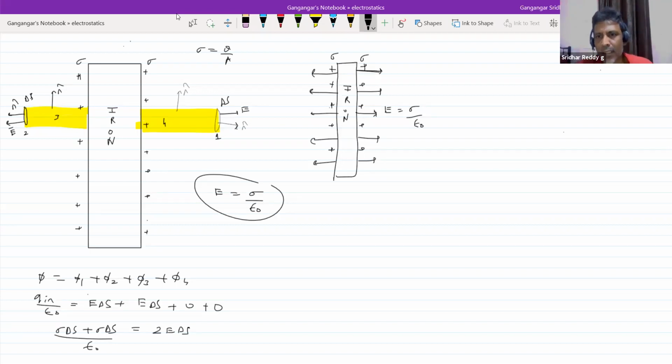Now let's come like this. If there are 2 point charges, what will this point charge do? It will produce field on either side, no? Getting the idea, no? The same similar condition. Here also, the charge which is distributed, treat it like a point charge. So this particular charge will produce field on either side. So let me give the numbers. I'll start giving numbers: this is 1, 2, 3, 4. So what actually it does, it will produce field.